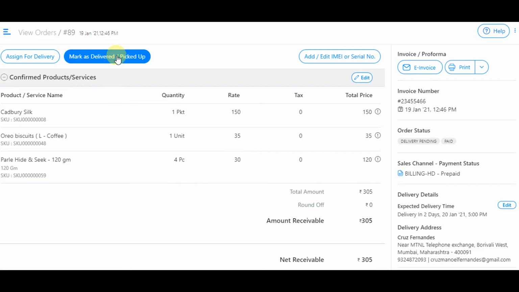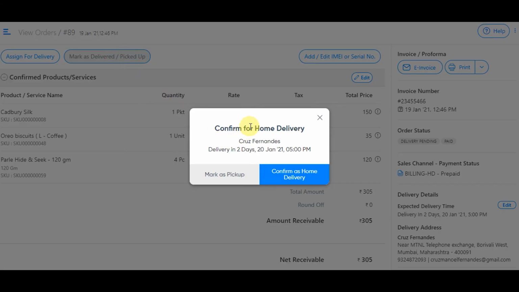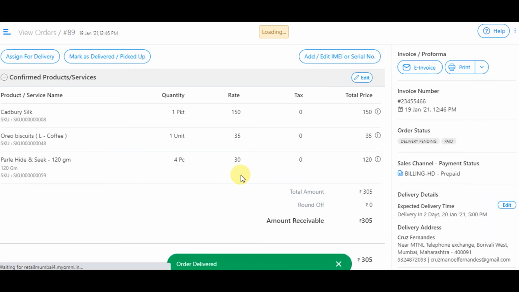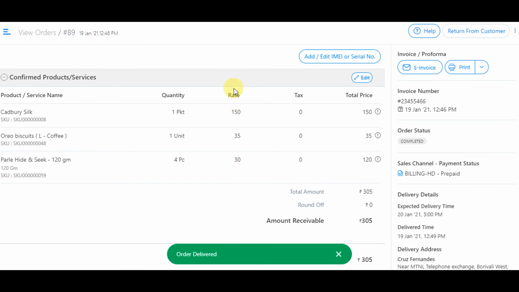Now let's assume another scenario where you're confirming the order has home delivery. You can click upon this option. The delivery boy or the courier service will be intimated that the order should be delivered to the customer at their doorstep. Now let's assume that the customer has received the goods but has found out that some of the